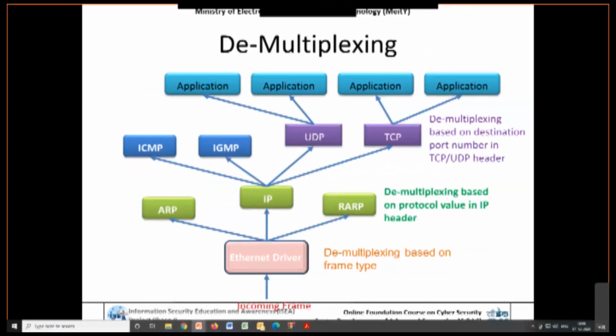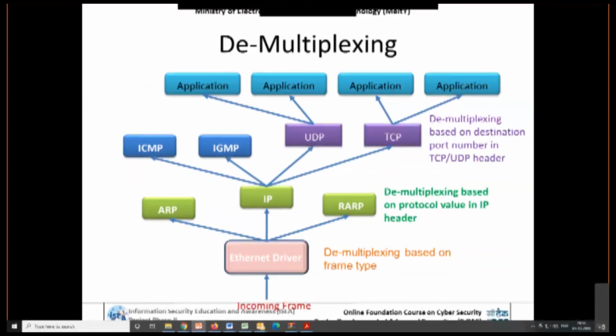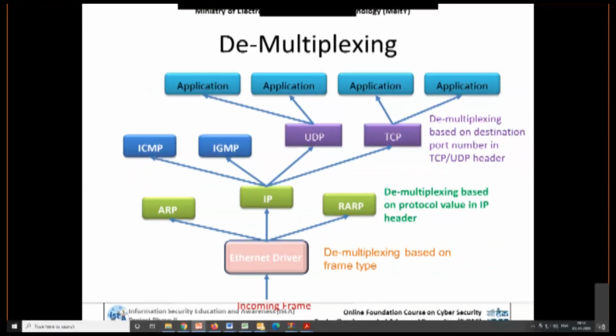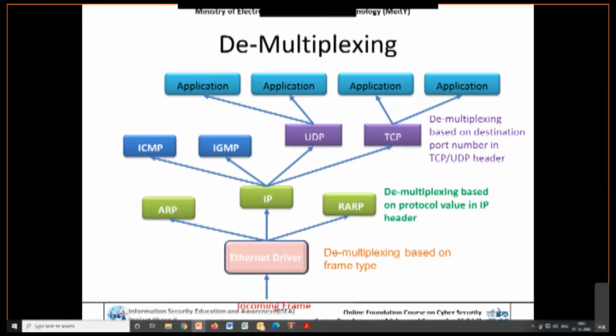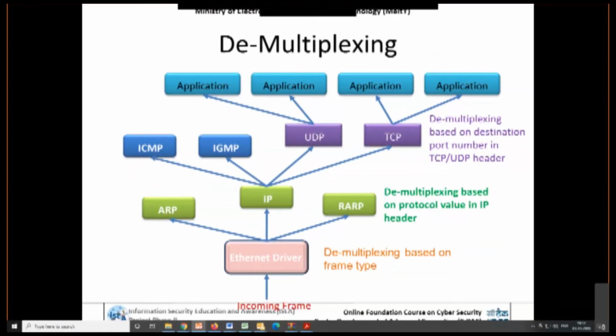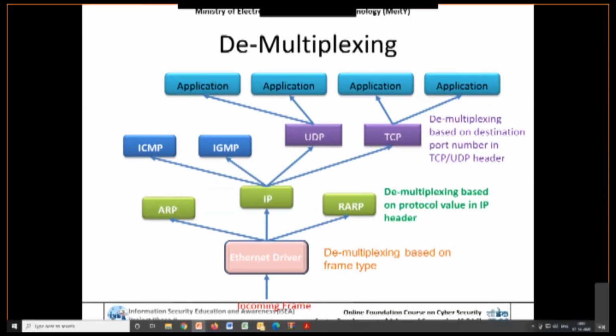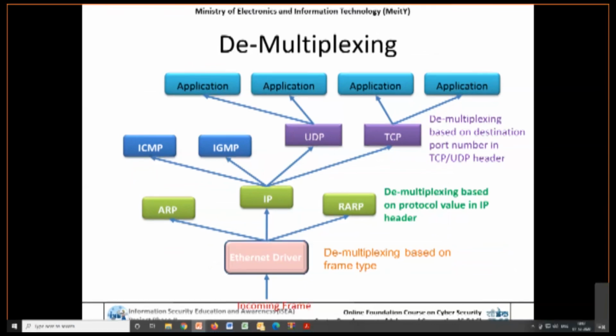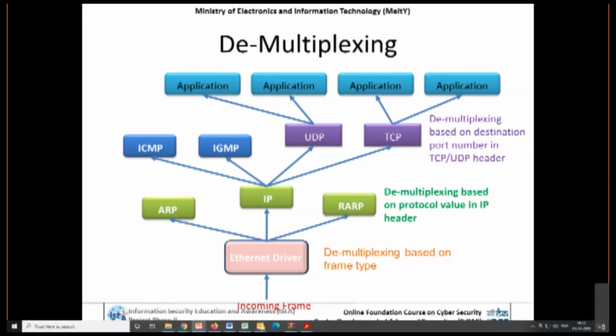So how is demultiplexing done? Basically, demultiplexing is based on the frame type. Once the Ethernet driver receives the bits, which are generally called packets when traveling in the physical layer, those bits come to your Ethernet driver, and it tells whether they go to ARP or IP. So what is the layer above? Basically the data